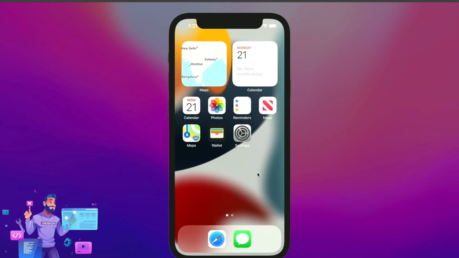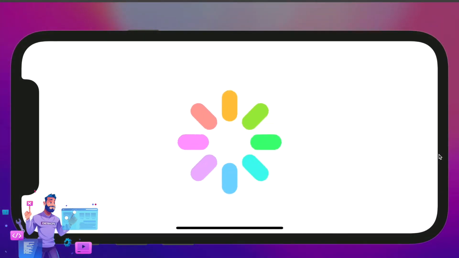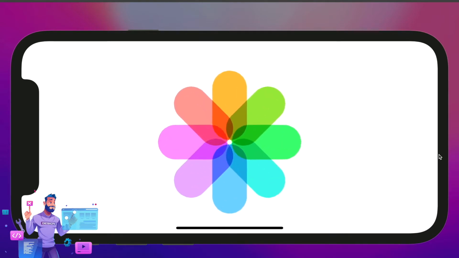Welcome guys, in this video we are going to create the Photos Apple logo. As you can see in our simulator, there is a logo of Apple Photos. So we are creating this logo using SwiftUI, and we will learn some cool animation for this logo. As you can see, each item is scaled from 0 position to its initial position. So we will see some cool animations also using SwiftUI. We are going to use some scale, rotation and spring animation, and see how this logo will behave with different types of animation.